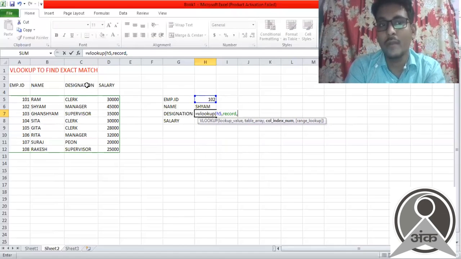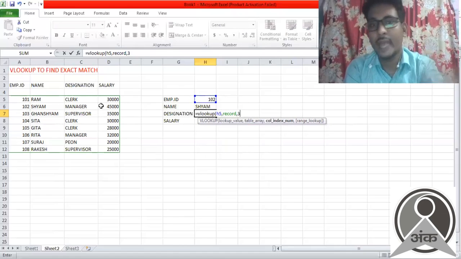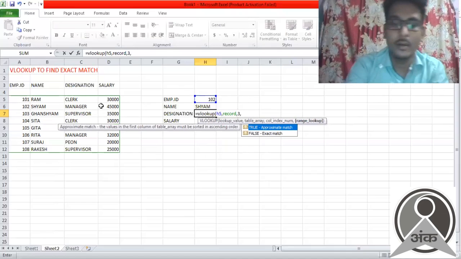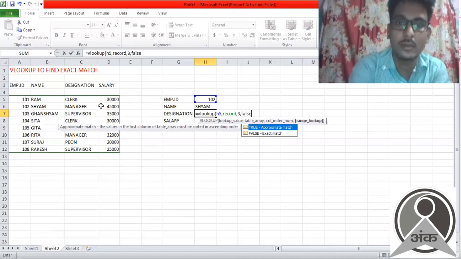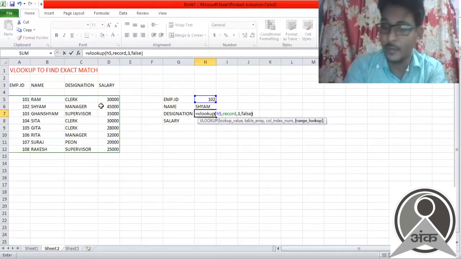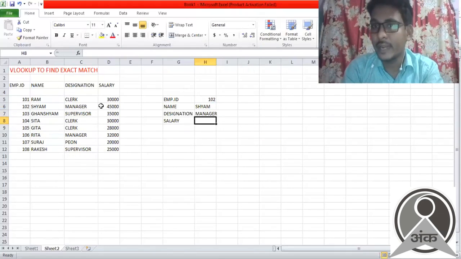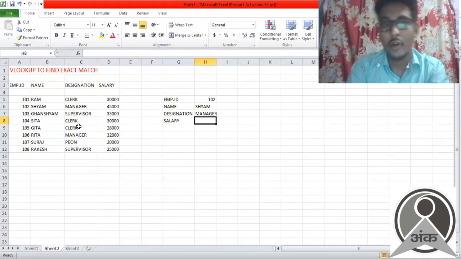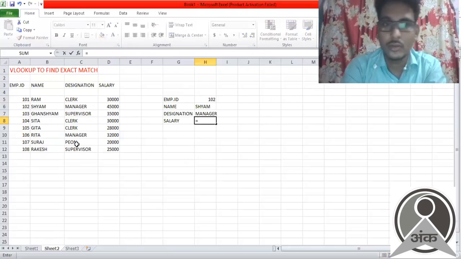So the column number of designation is 3. So type 3, then type false, then close the bracket and press enter key. So when you press the enter key, it will display the designation of Syam according to your data sheet. So in the same way, you can also type the formula for salary.